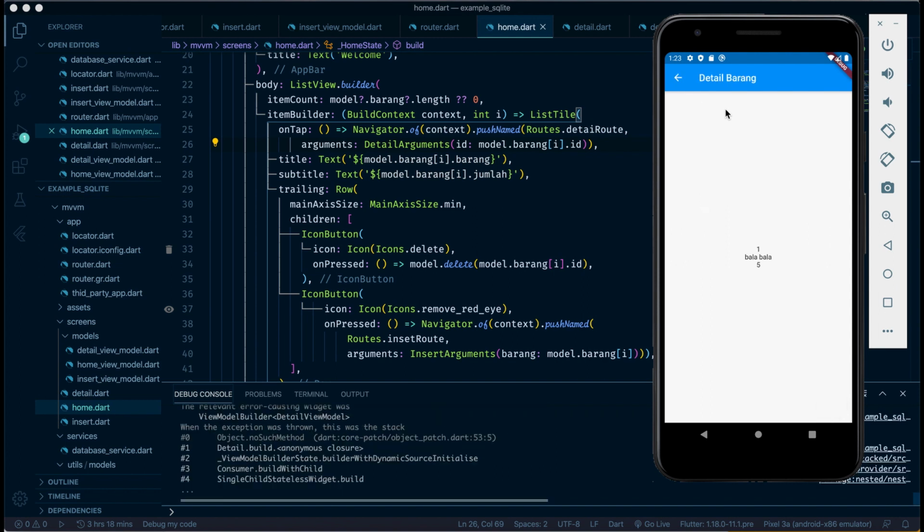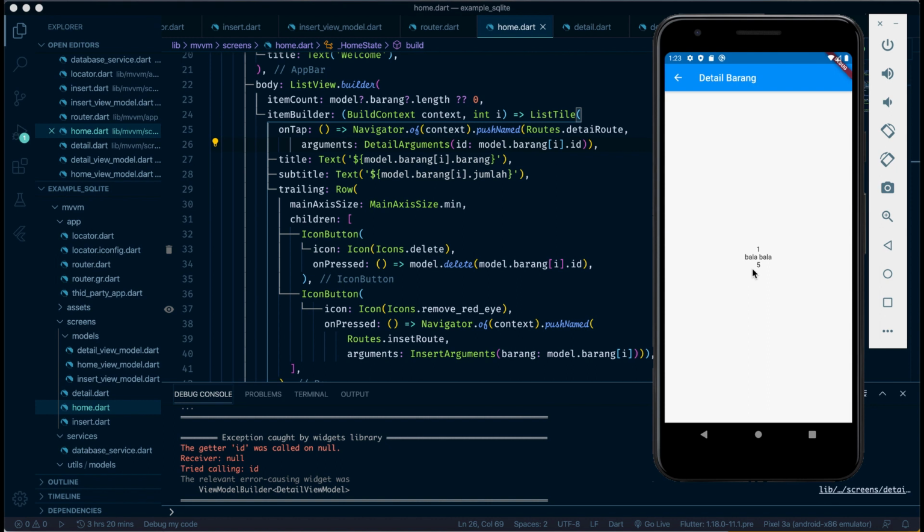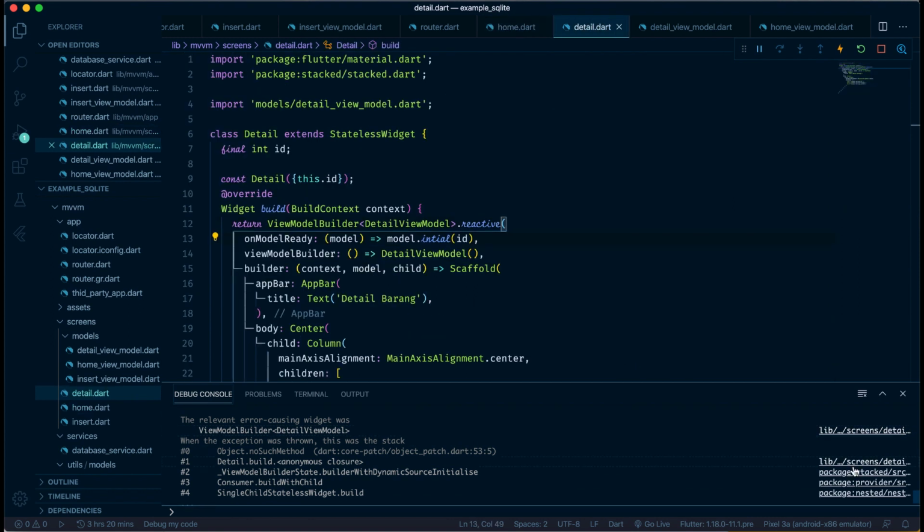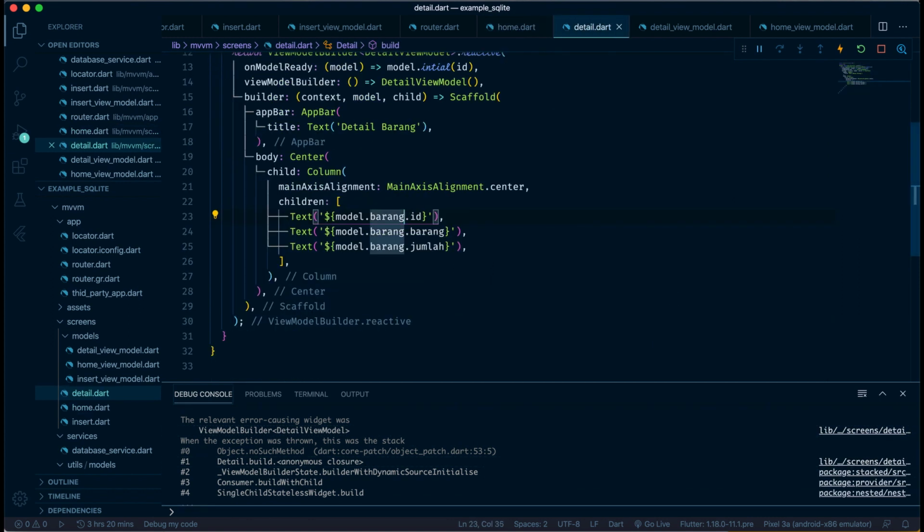So tap here, and yes, this is the detail of barang or column of barang. If you have many data, this is good for you because in here is just an overview of your data, and after clicking detail, this is the detail of your data. But there is an error that it is not null, but this is not a problem. So from this we just set it like this. If this barang is null or there is no data, set for loading. Just copy this and paste here, paste here, also here.